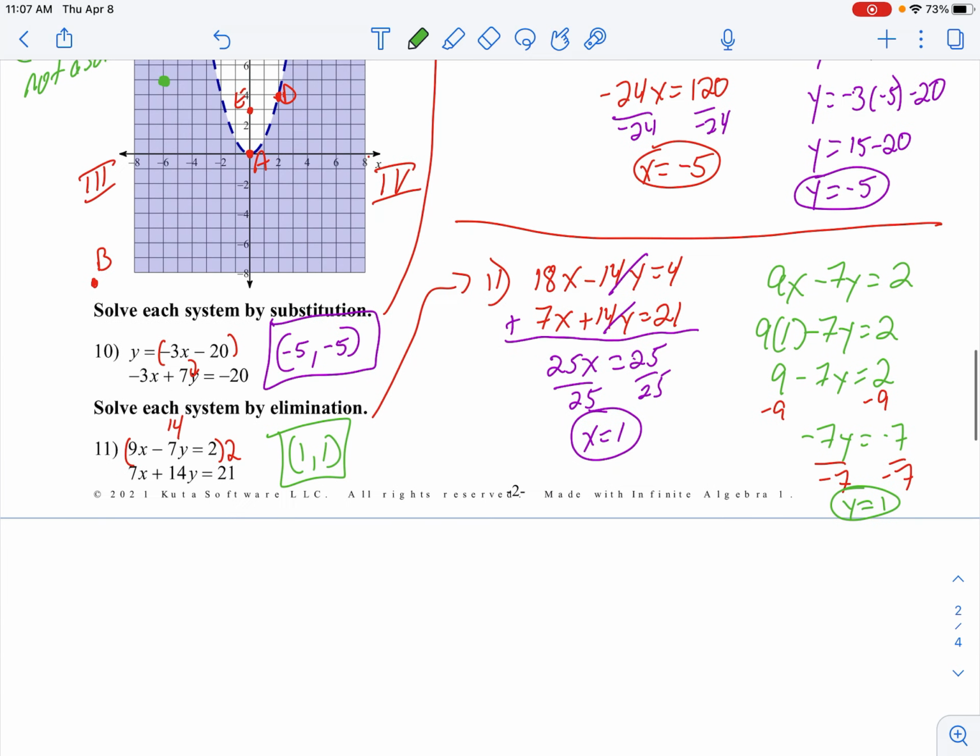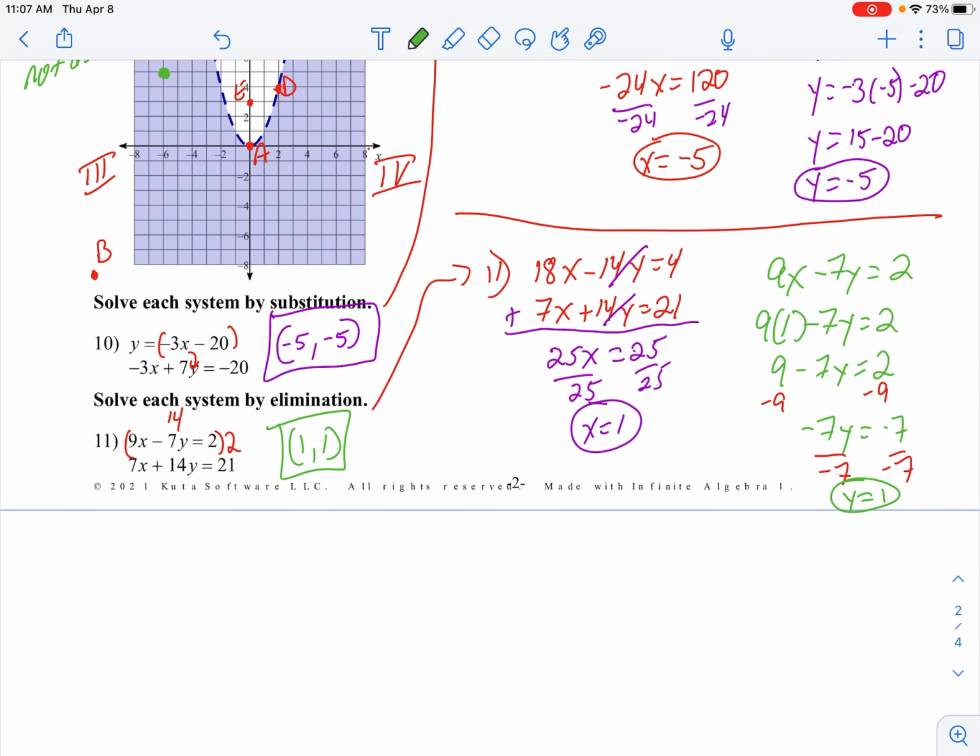Lastly, I had not finished off number 11 with my first hour, but number 11 then right here, we got to this point of creating the two equations. Now we add them together. As I add those together, I get 25x equals 25. The y is eliminated. Divide by 25, and x is 1. I found my x, I need to go find my y. So to find y, I just took the top equation, brought it over, plugged in x is 1, and then from there,